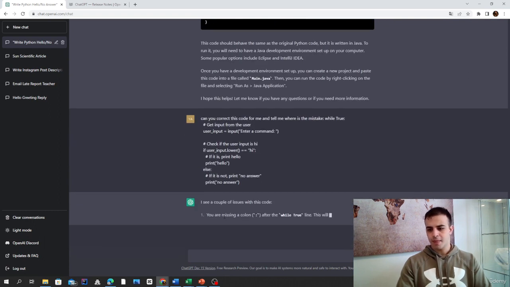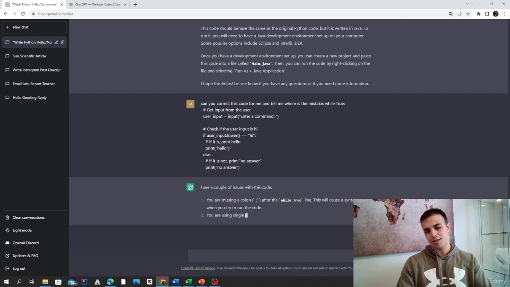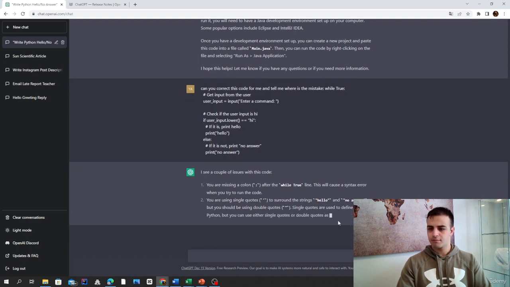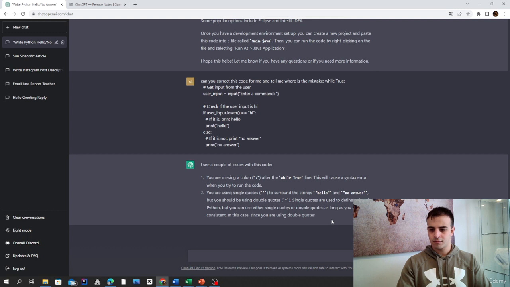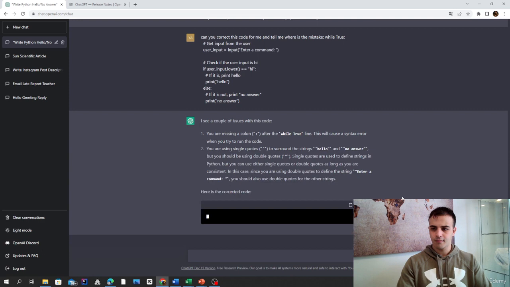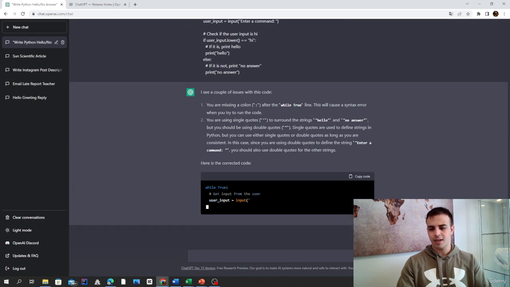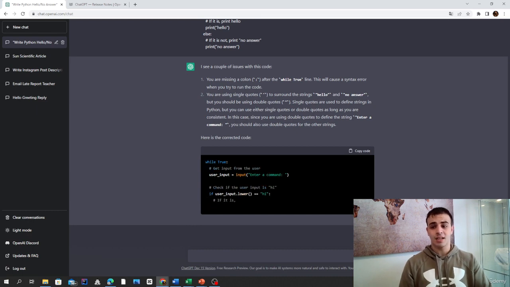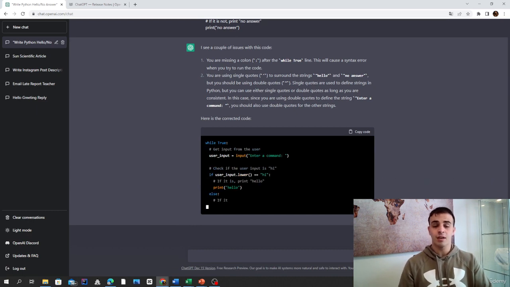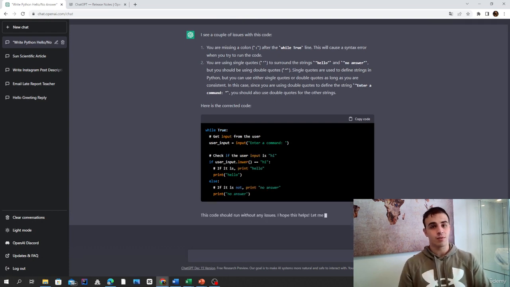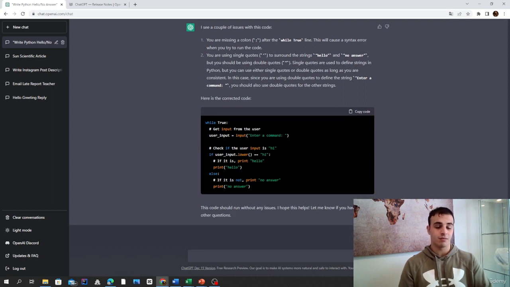You see? So you are missing a colon. So it's not a parenthesis, it's called a colon. And the single quotes. So here we go. It will simply write down the code that is corrected. So once again, I did this with a simple code, which is right here. If you guys want to do it with a more complex code, I highly suggest you try it out and see how it will be printed. So pretty sure it's